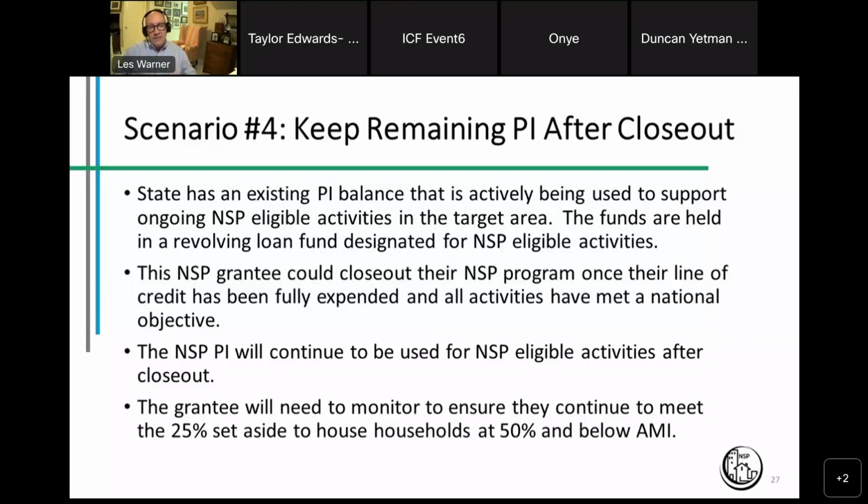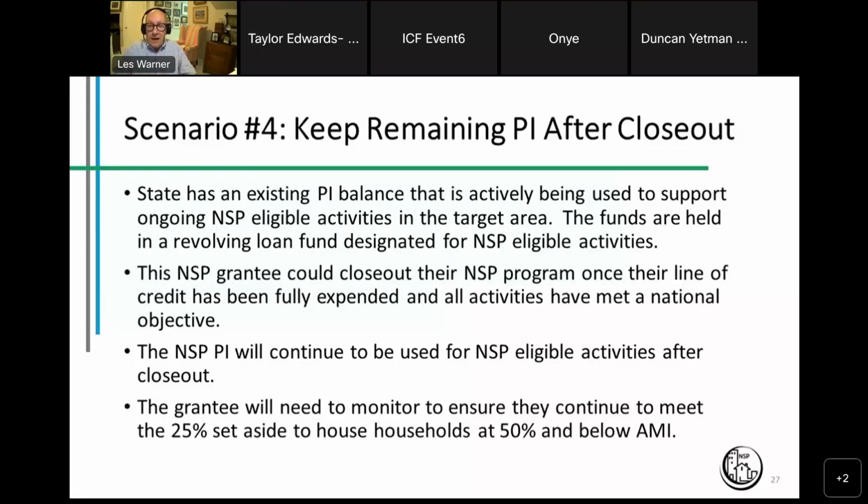And so in this case, the state is simply going to close out their NSP program once that line of credit has been fully expended and those activities have met a national objective. And then they will continue to be using those funds, marketing them, ensuring that they are going to meet all of the NSP requirements. And again, this reminder that based on the rules that Onye went over about the level of funding that's being received, keeping in mind that that grantee is still going to have to make sure that